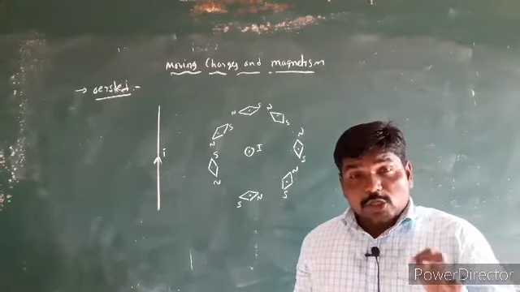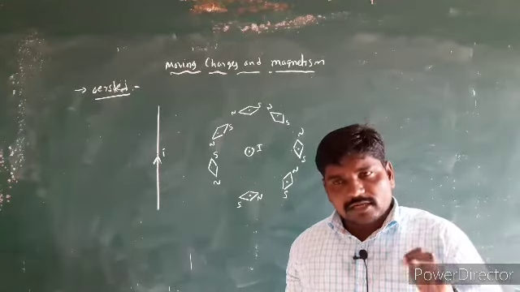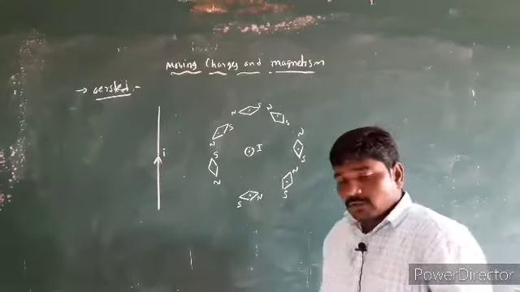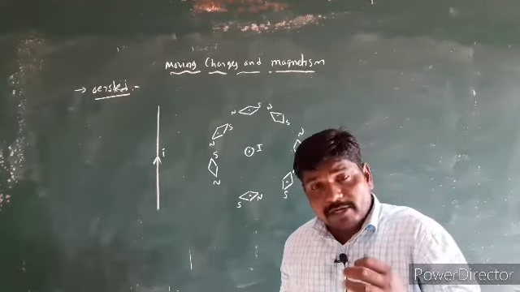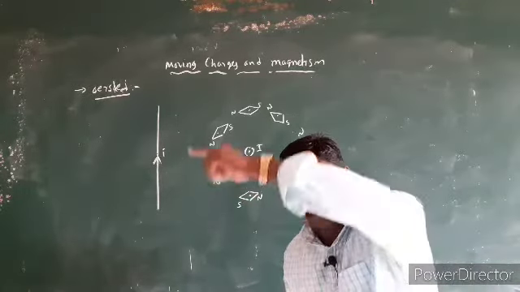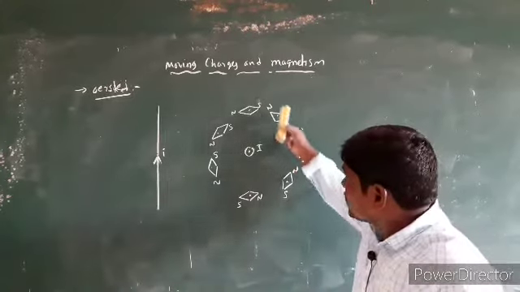The direction of the north pole of the magnet always tries to align in the direction of the magnetic field. Here, from point to point, the north pole direction changes. Why does it change? The north pole of the magnetic needle always tries to align in the direction of the magnetic field. Here, the direction of the north pole is changing from point to point.